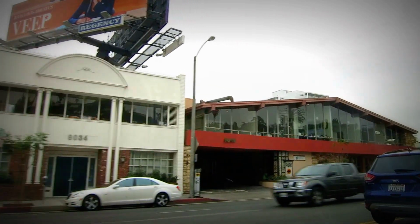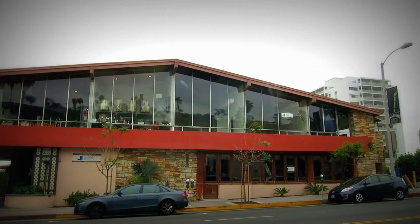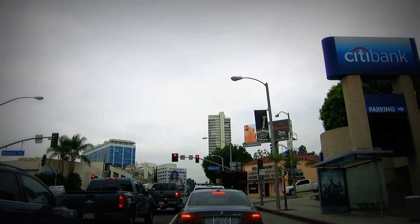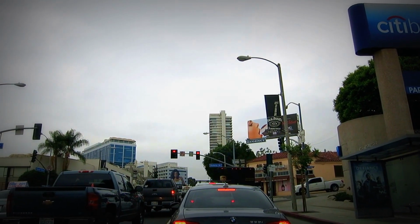This is the old Scandia Restaurant. For those old timers in LA, you may remember Scandia. Really old school Scandinavian food, but really glamorous restaurant. Well, that's Scandia. And this is Doheny Drive, which if you go down a few blocks, the west side is